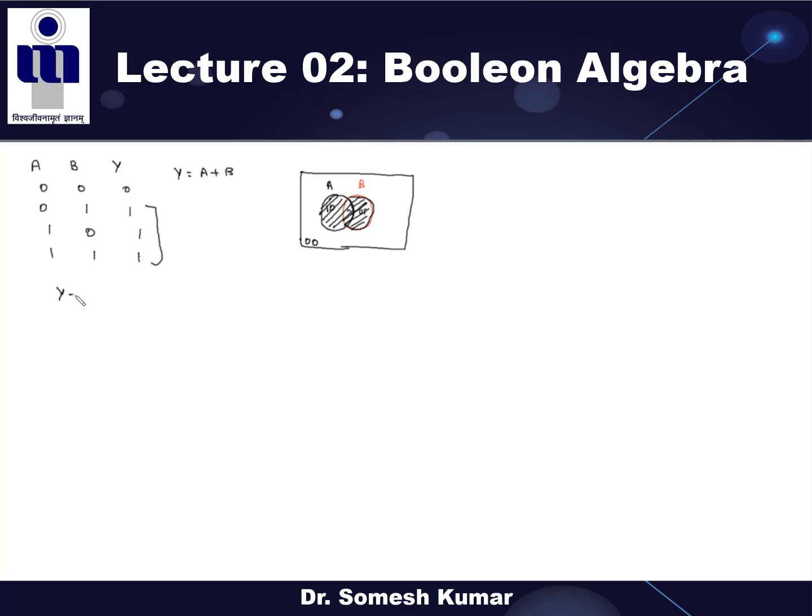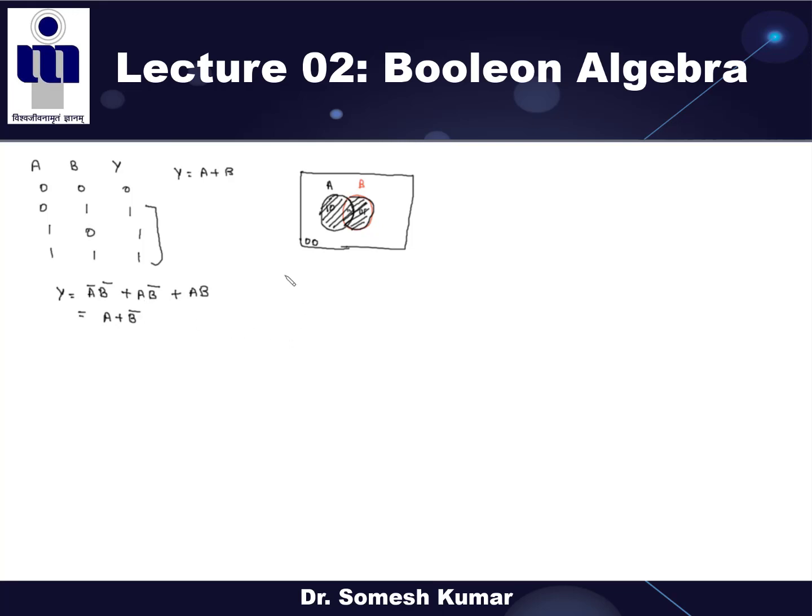I am giving one example. I can ask this question in the exam. If y equals A B bar plus A B, right? Represent this expression in the form of a Venn diagram. So now tell me, what is the minimal form of this SOP form? If some expression is given, then try to minimize it first. It becomes A plus B bar. So A plus B bar is what? What is the name of this gate? Implication, right? Clear?